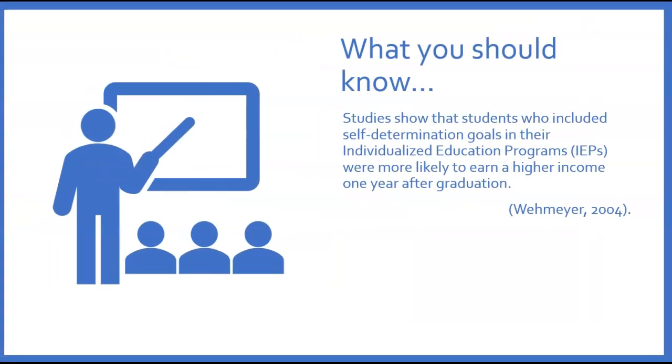Why do we target self-determination skills? Well, self-determination skills have been correlated to better organization and productivity, correlated to better post-school quality of life and academic skills. Even when taking cognitive ability out of the equation, self-determination leads to better outcomes for the individual. Self-determination skills are important for increasing independence as one approaches adulthood, and many of these skills are naturally acquired over time through our general education and personal experiences.